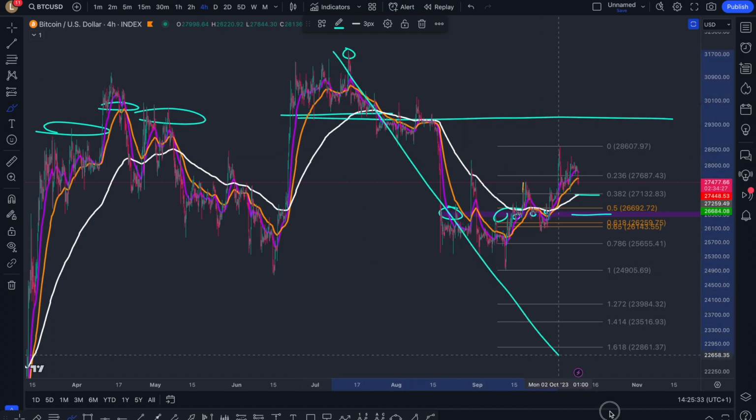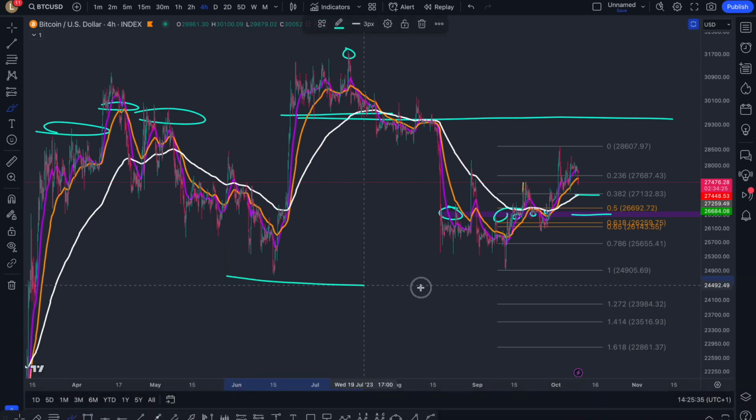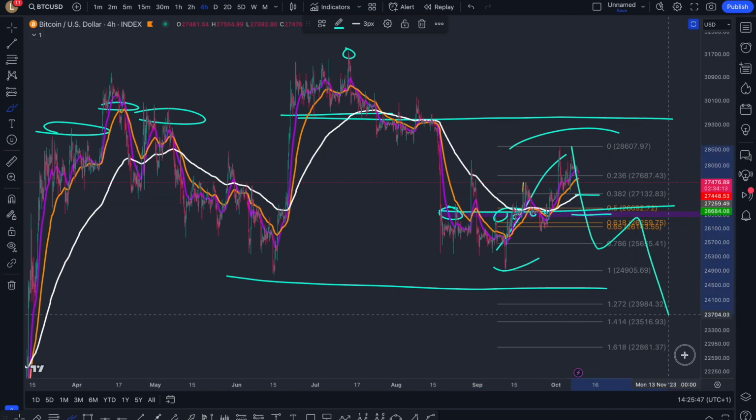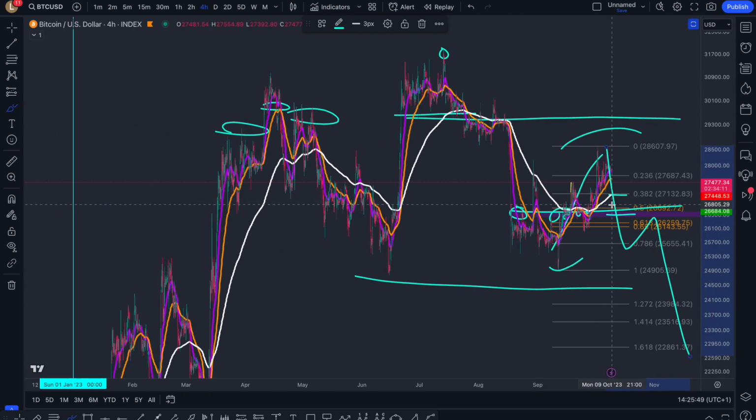We can't just continuously go down. We need to hold the support, which we did. We formed a higher low, so it's giving us one more chance to come back up. And then we need to prove that this is a lower high underneath 30k, which we are, and then of course lose this midpoint, which is our golden pocket, and then do something like that where we come down more towards the lower end of $20,000.